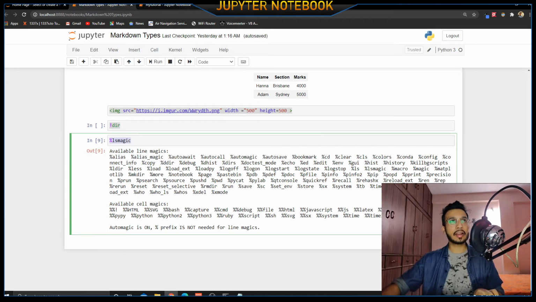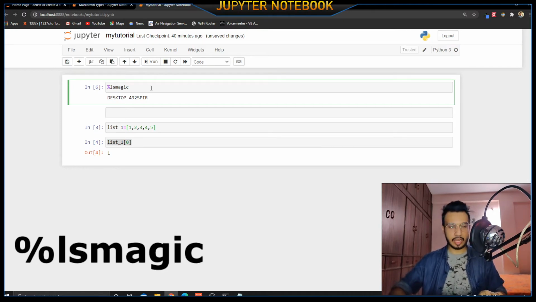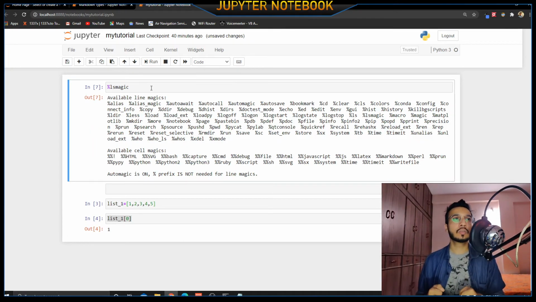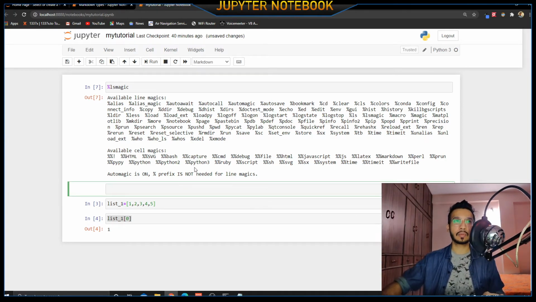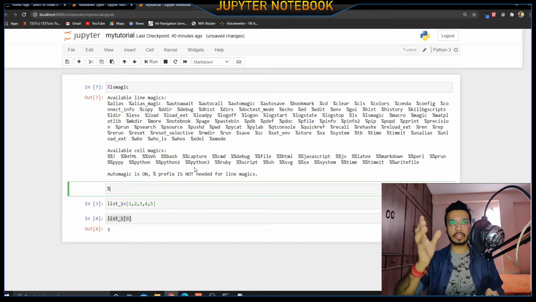Well, the next thing would be your lsmagic. So what is lsmagic? For us to know what lsmagic is, just type percent and lsmagic. The moment you type it in and press enter, it is going to tell you what it is. So we have two things in lsmagic. This is a very special property of the Jupyter Notebook. You have a single percent and you have a double percent. For example, the single percent allows you to do a cd, clear, basically do all the commands that you could do in your system or the terminal, and have them done here.